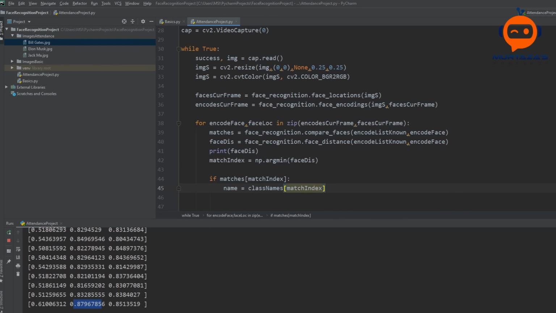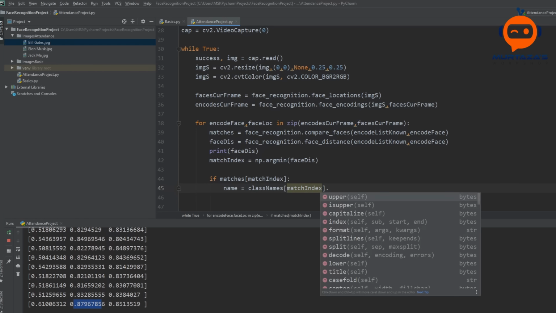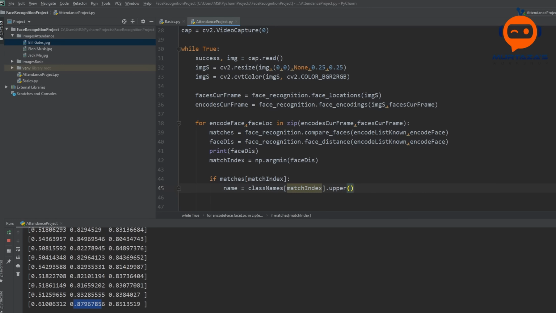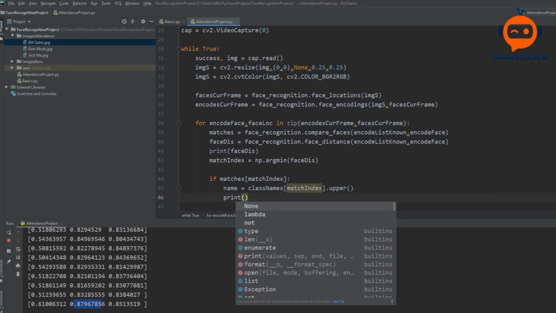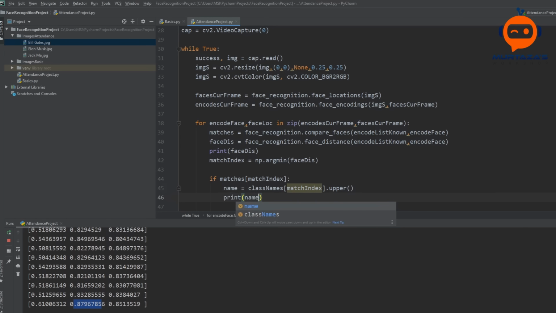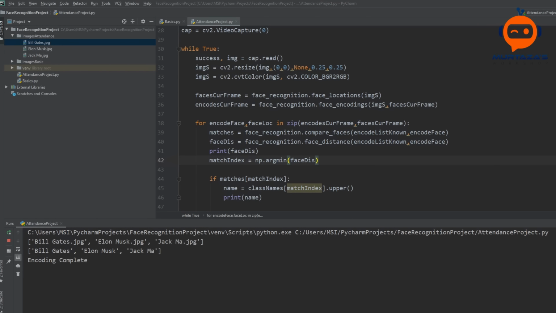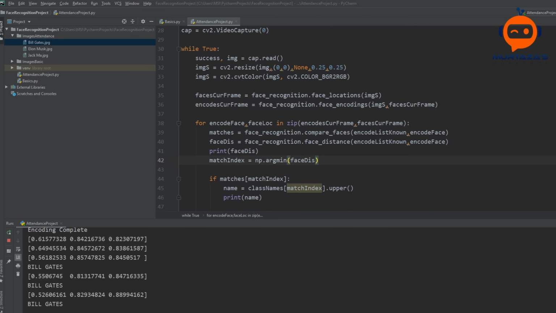Because it's a name, we can convert it into capital letters in case the name is in lowercase. So we can write upper, and we can print this out. So print name, and let me run this and see what happens. Here if I bring the image close to Bill Gates, it will say Bill Gates.